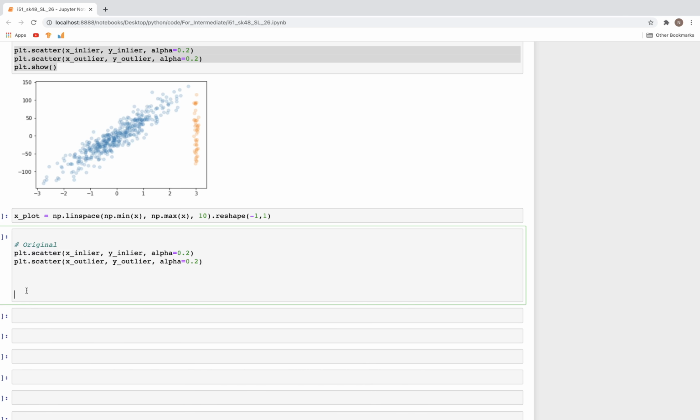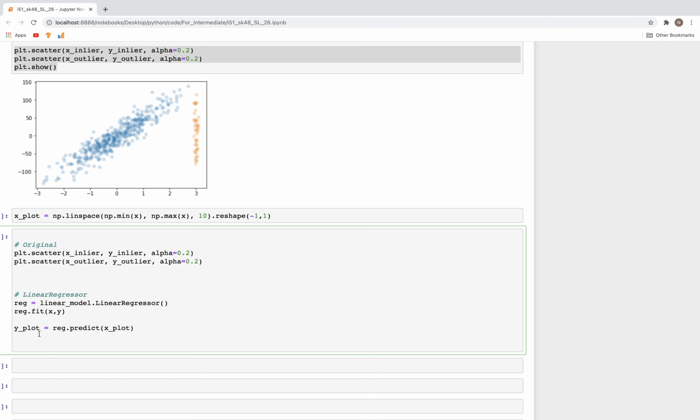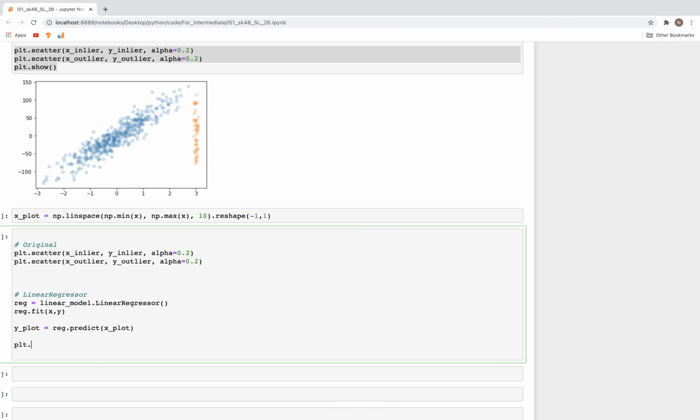So let's copy that, put that here, and here we can say plt.plot, and this would be x_plot and y_plot, and line style you can change that if we wanted to, let's say a